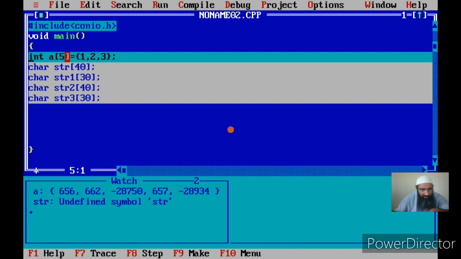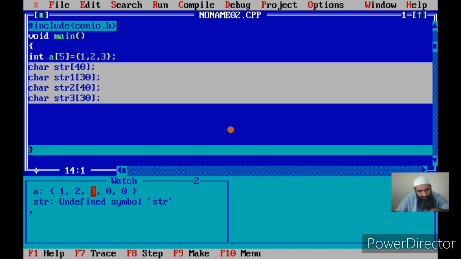This we have seen. Once we compiled, it did not give errors. Let us see where these values are stored. See here, they are stored in order. The first value 1 comes in the first element, the second value 2 comes in the second element, the third value 3 comes in the third element, and the places where we have not given values, zeros are assigned.